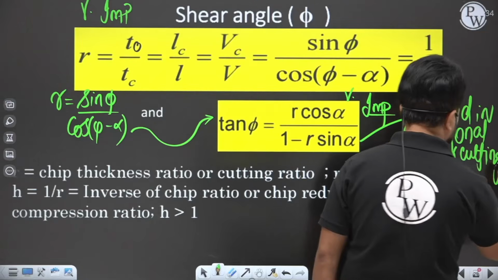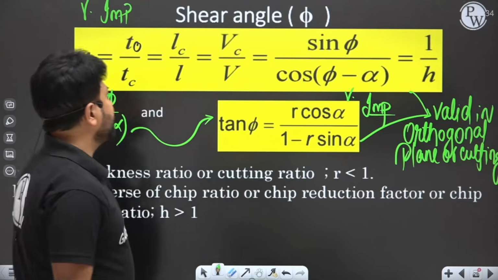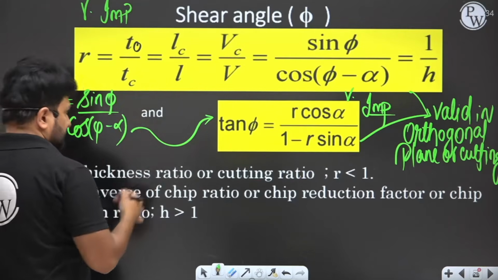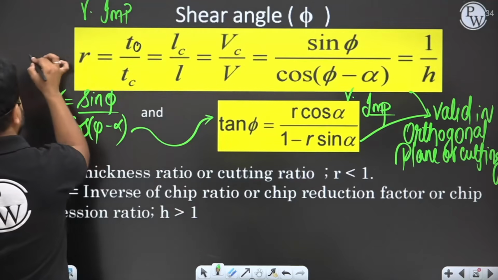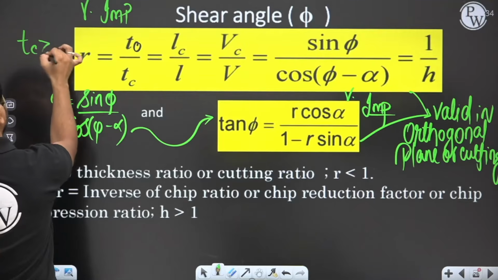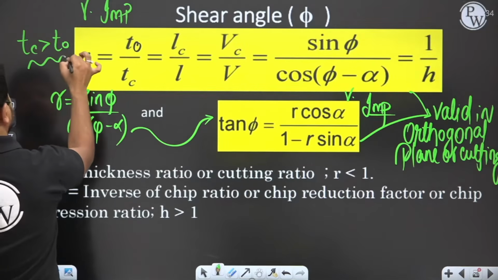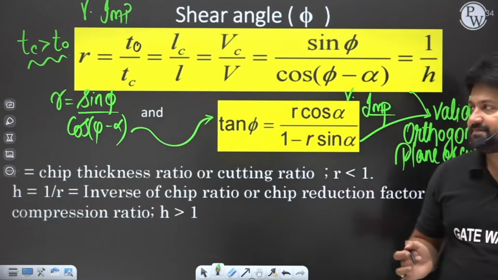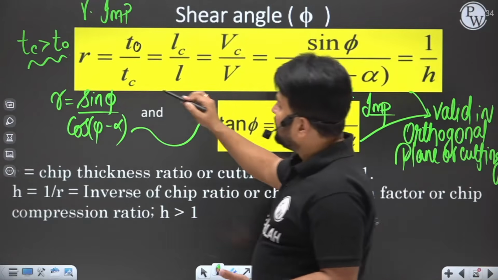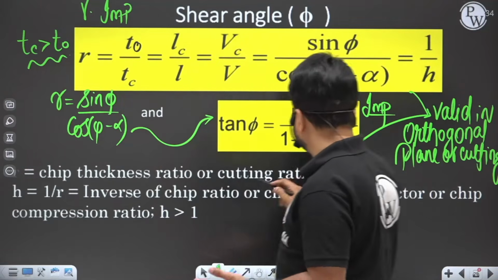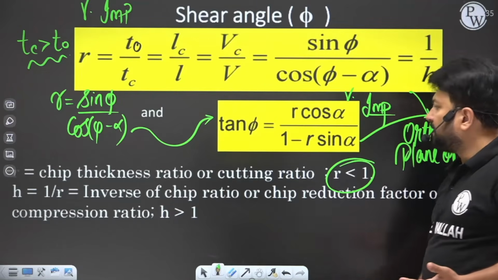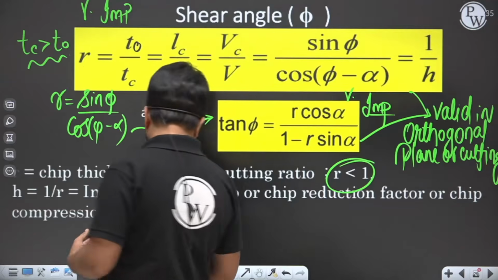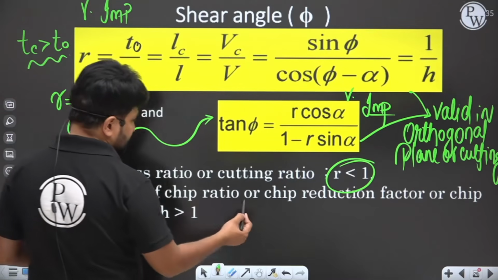As you know, tc is more than t naught, because after cutting the thickness of the chip is going to increase. So the value of r will be less than 1. The inverse of r, that is h, is sometimes called the inverse of chip ratio,